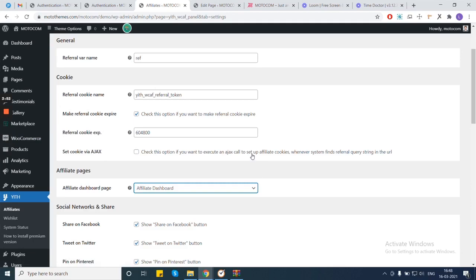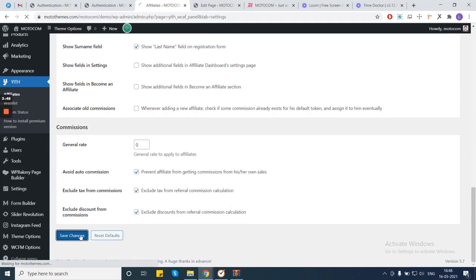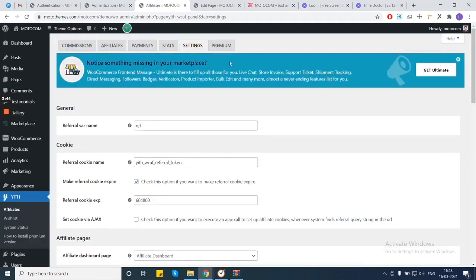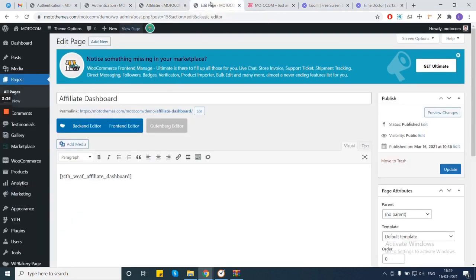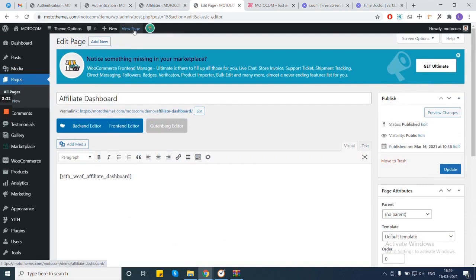After creating the page for the affiliate dashboard, we need to save the changes. To see the affiliate dashboard page in the backend, let's go to this and view the page option.